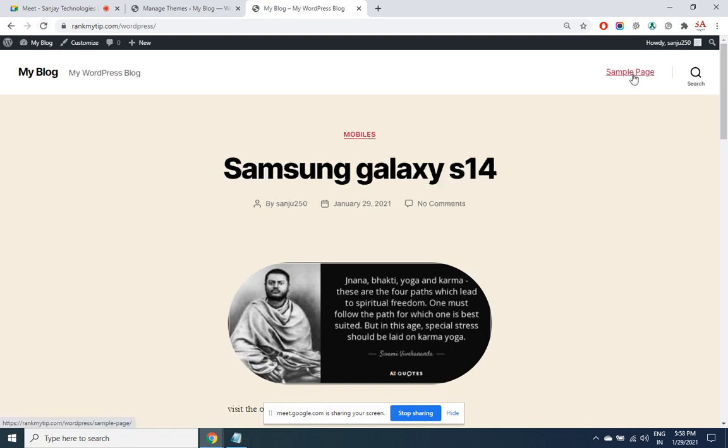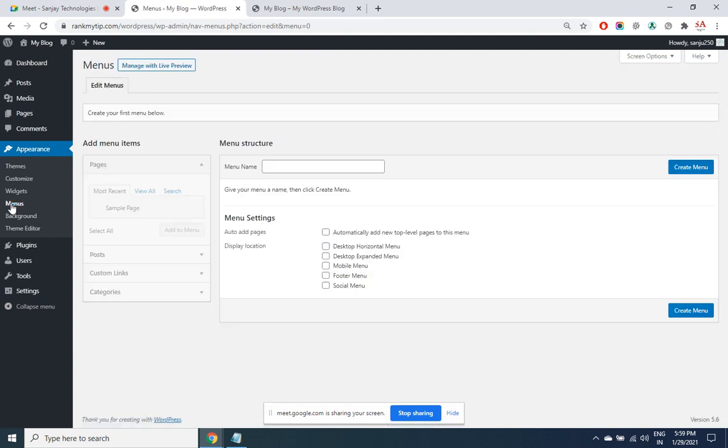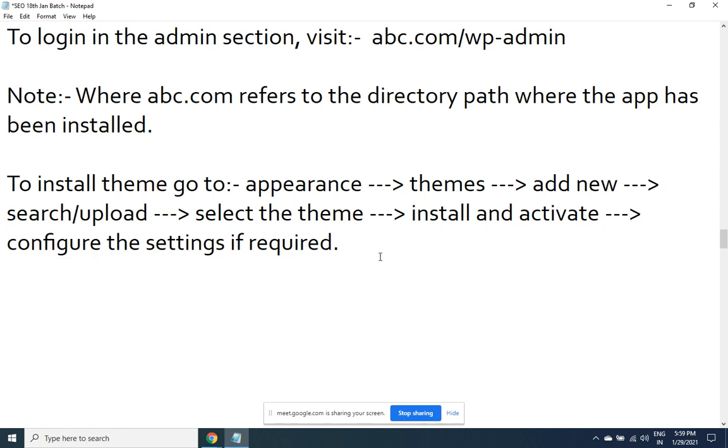So automatically the new pages will come here. These are the links. Let's see how to work with the menu. For that I go to appearance, menus, give the name for the menu.